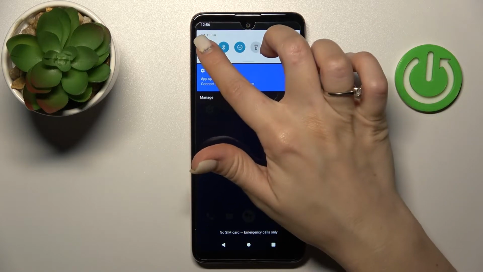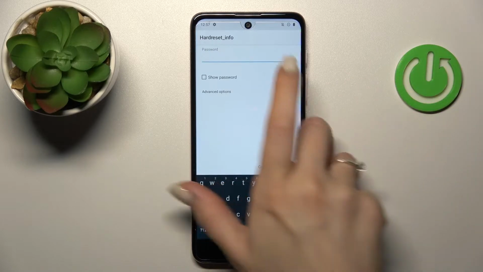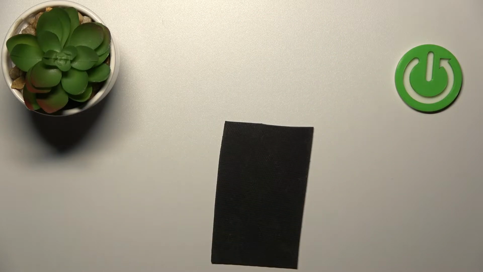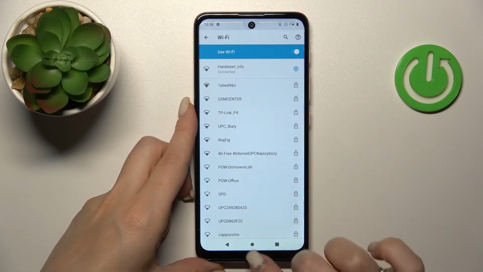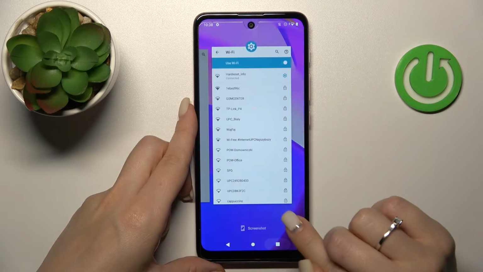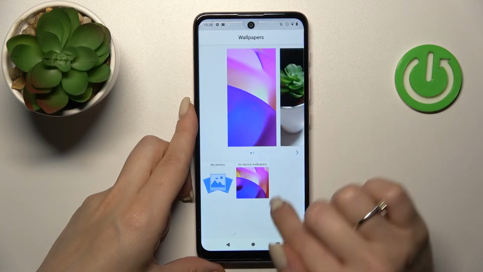If you want to use the online demo wallpapers, you should just be connected to the internet. I'll just connect to the Wi-Fi. Now our device is successfully connected to this network. Let's go back to the wallpaper, tap here on wallpapers,